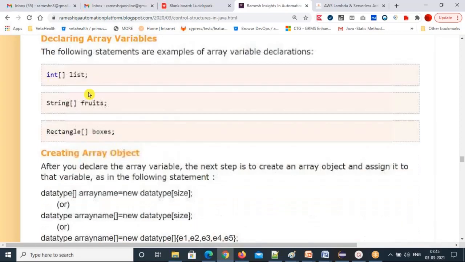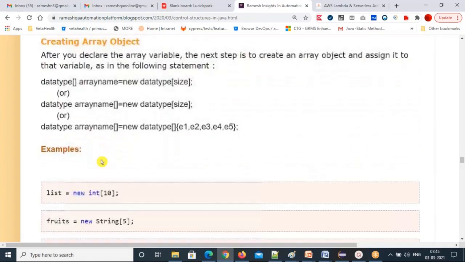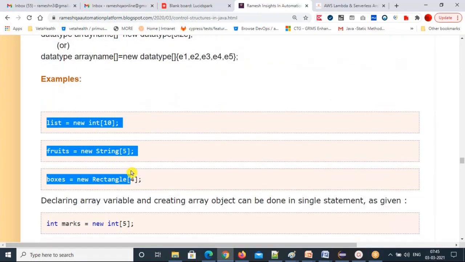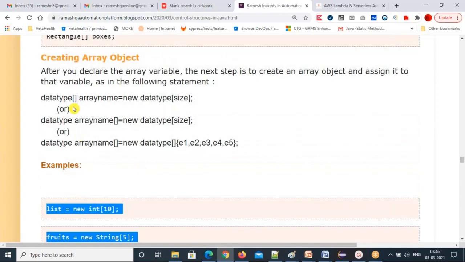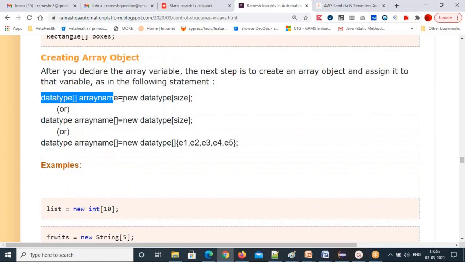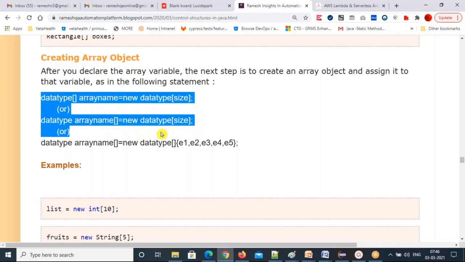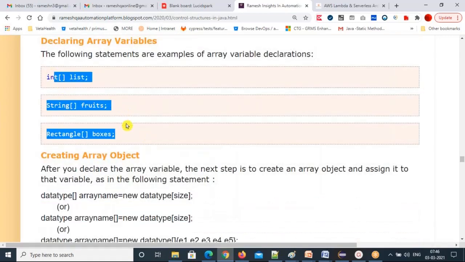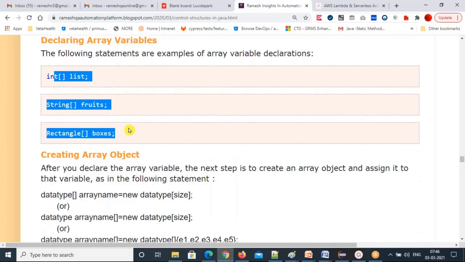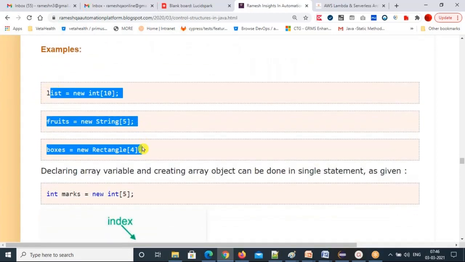You declared here and you are assigning a value here. Array object you are assigning. So that is possible, right? Declaring a variable, later you are assigning a value. But in this case, I am directly declaring the array variable and assigning in the same line. So this is the compact code and this is the bit longer code. Declaring an array variable and in the next line assigning a value. So anyone you can use.